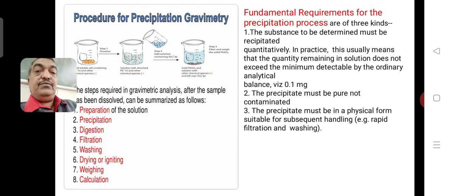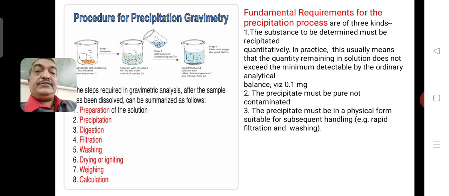The next, fourth one, is filtration. During filtration, whatever precipitate formed in the above step is filtered using filter paper number 41. So what is this 41? It is the mesh size of the filter paper. There are 42, 45 or more mesh sizes also available. But for barium, iron and aluminium, you can use either filter paper 41 or filter paper number 45.